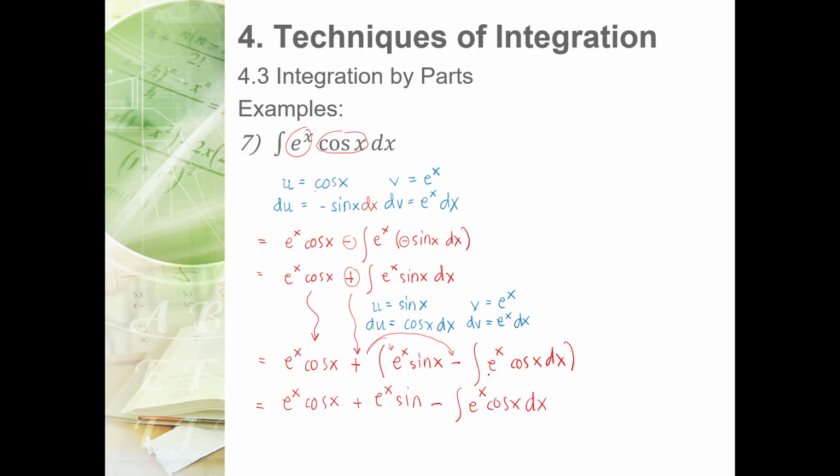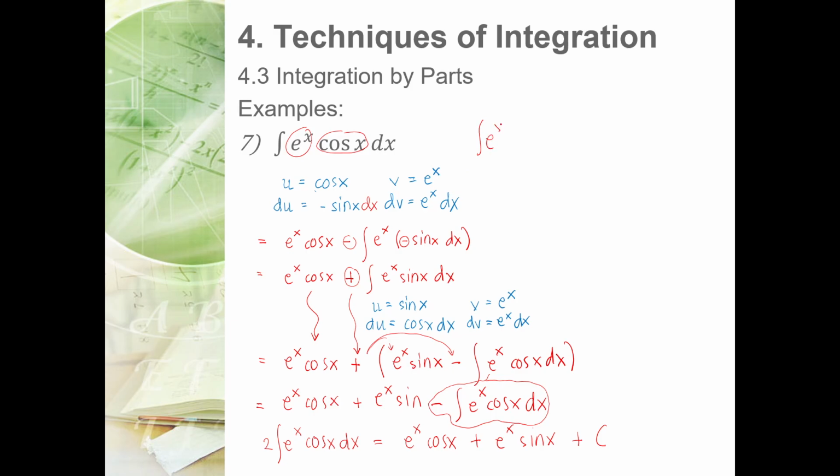Notice that your given integral came back, and it's a negative version of the given equation. So that's the time we can combine it on the left side. Transpose it to the left side, together with the given equation. So what you're going to have now is 2 times the integral of e to the power of x cosine x dx is equal to e to the power of x cosine x plus e to the power of x sine x, plus c. Then divide everything by 2. So the final answer would be